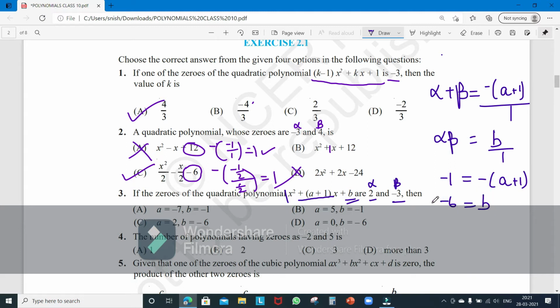So b should be minus 6, it's in this option and this option. Here minus 1 gets cancelled with minus 1, a is equal to 0, so 0 comma minus 6, which is option D. Okay, yeah, so you can copy this question solution. You can do it in plenty of other ways as well. You can substitute 2 and minus 3 individually in the equation. You'll get two sub equations, solve them, and you'll get the a and b values.